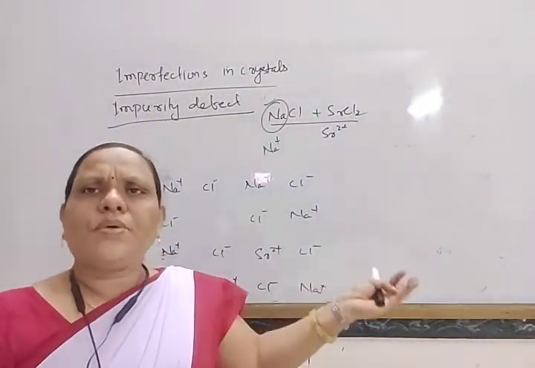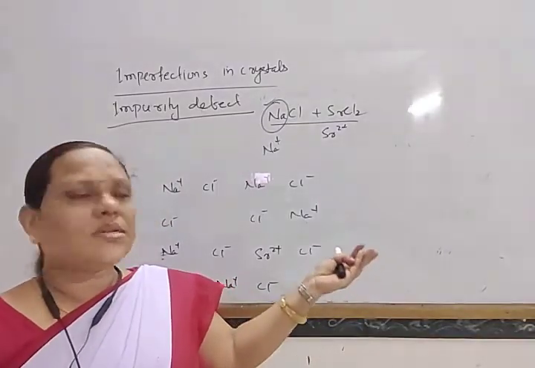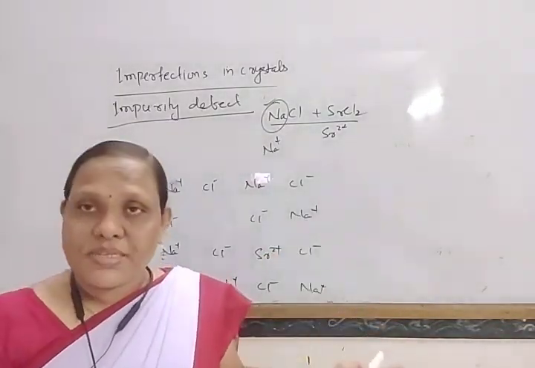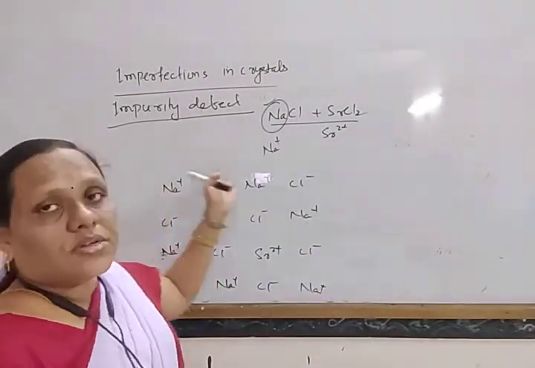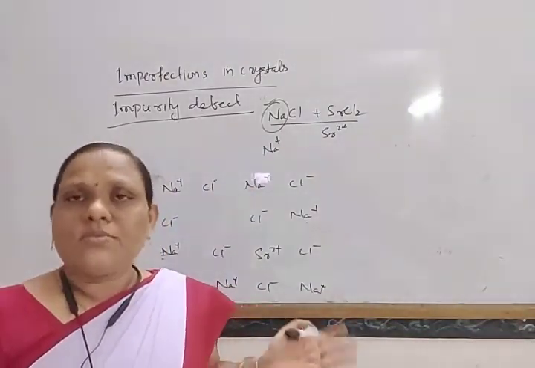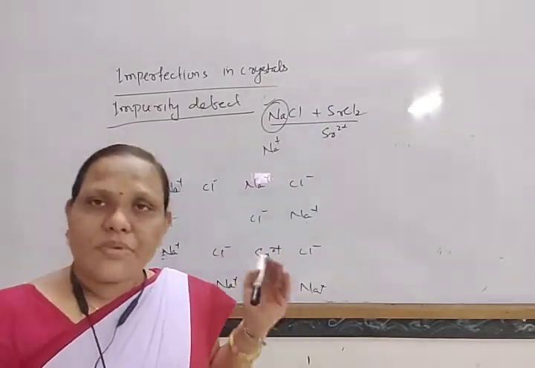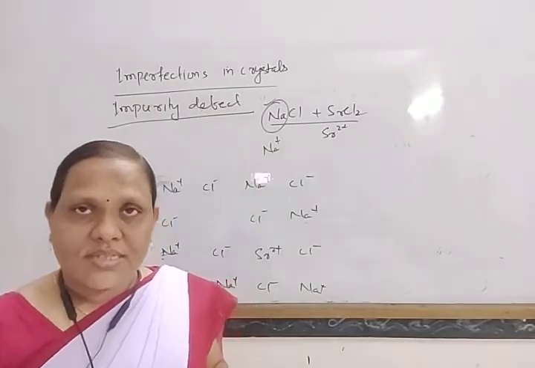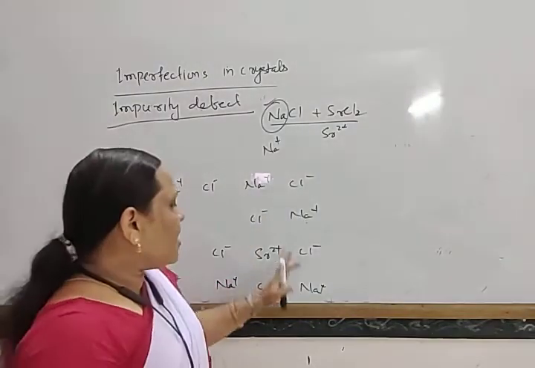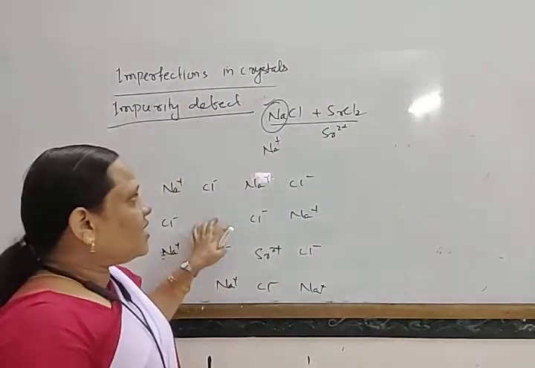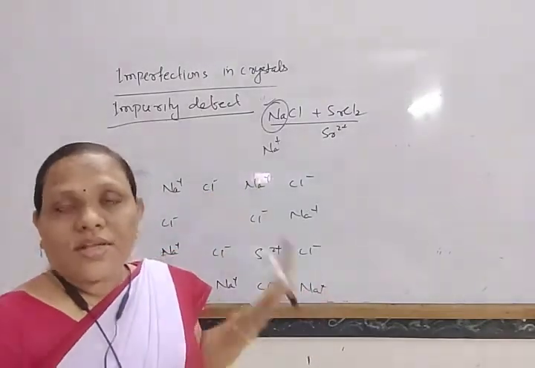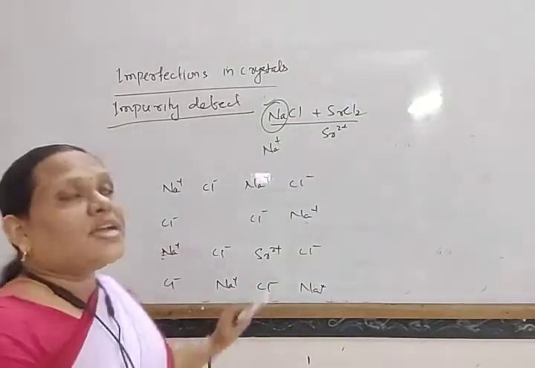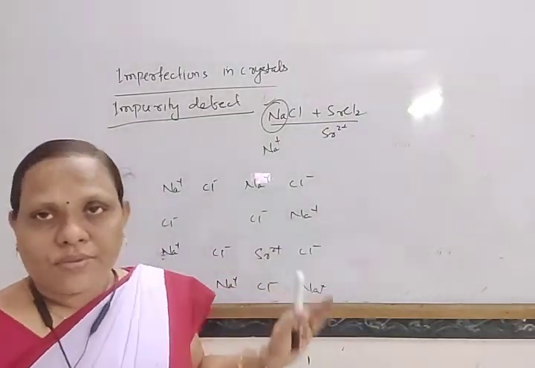That is also in case of metal excess defect, that is also in case of anion defect, so the metal excess defect, metal deficiency defect, or that may be Schottky defect or Frenkel defect. Some holes are created, some blank spaces are created, for which electrical conductivity increases. And if a foreign cation remains in the lattice site of another cation, that defect is called impurity defect. This is the impurity defect in case of ionic compound.